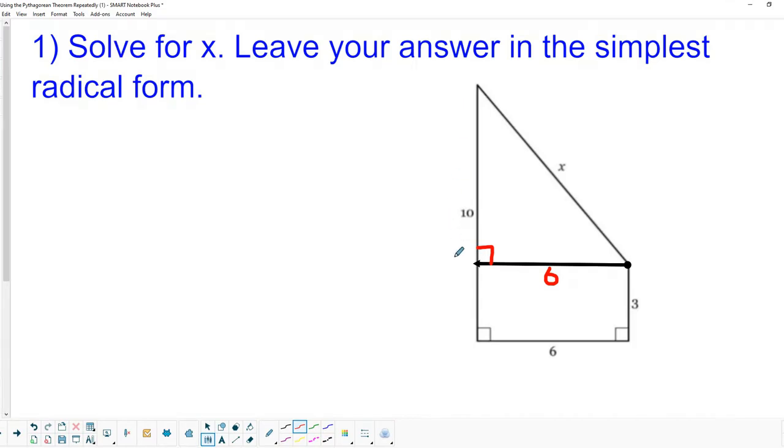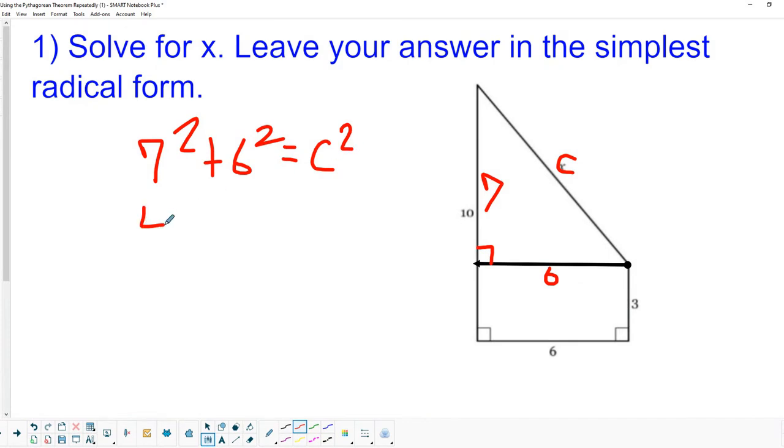We also know that if I look at this entire side on the left here, if that is 10, and this smaller one over here is 3, then this triangle up here would have a length of 10 minus 3, which would be 7. So now that I know the base and the height of this triangle, we can just treat this x as if it were c, and we can just do 7 squared plus 6 squared equals c squared, and that would just be 49 plus 36,